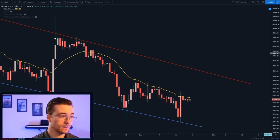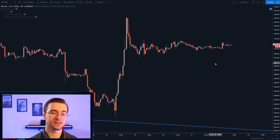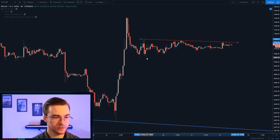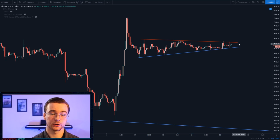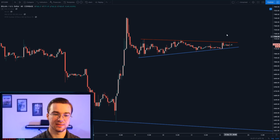That's the point of this video. Because from there, guys, Bitcoin started trading sideways in what we would see as a bull pennant that is formed by an ascending triangle pattern. If we go ahead and draw our trend lines right here, you can see that indeed this is an ascending triangle pattern. We have a flat top up there, and we also have a series of higher lows forming a bull pennant that is an ascending triangle pattern,